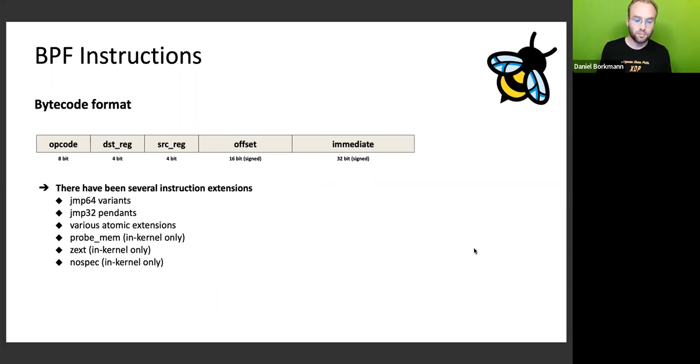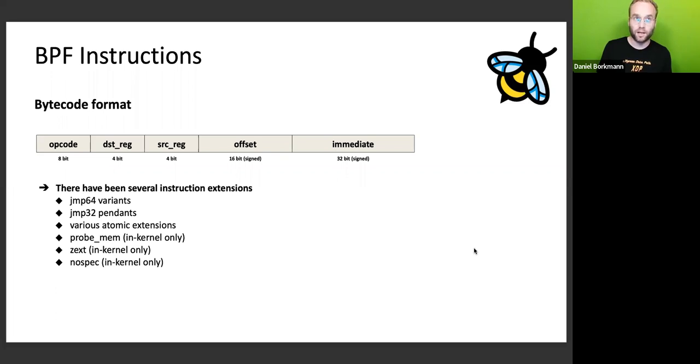So I mentioned the jump extensions already. There are also atomic extensions, so that you can use atomics for memory operations like compare exchange. And there are a couple of in-kernel only pseudo instructions that are not exposed to user space, but for example in tracing, you have a load